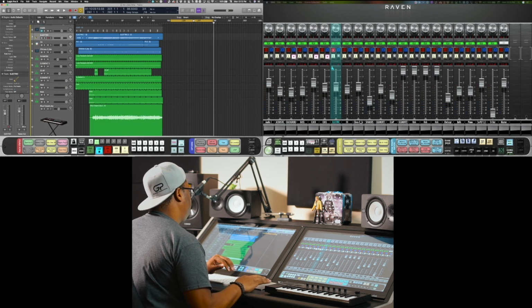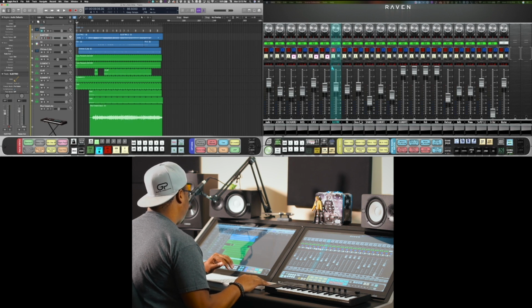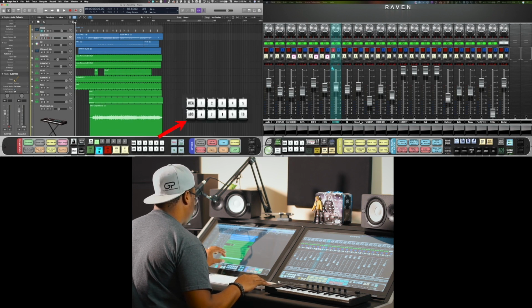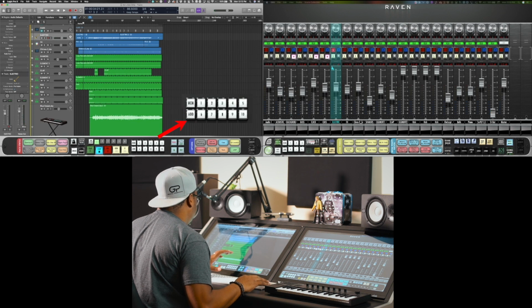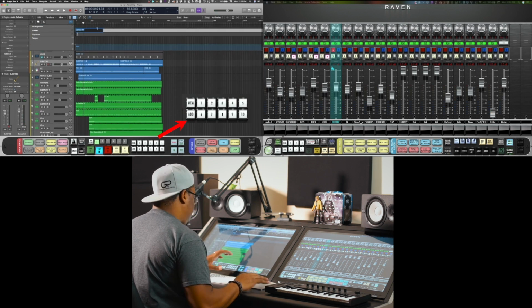Another few things I want to mention about the batch commander and about working with it in Logic are other things like adding memory sections or markers. They call them memory and stuff like that. So I can just add a marker by hitting add and name that. I can open up the marker track. Let me do that first. There we go. And I can name that